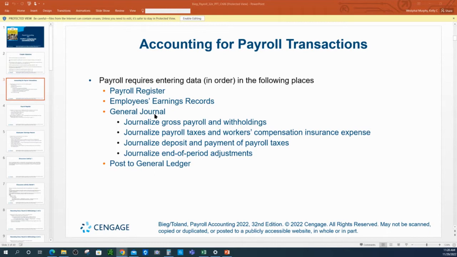We are going to enter all of that information into the general journal in our accounting records. There are several journal entries that we're going to make. Two of them are made at the time that we actually pay an employee. So when we've got cash going out, that's the trigger to know I've got to make this